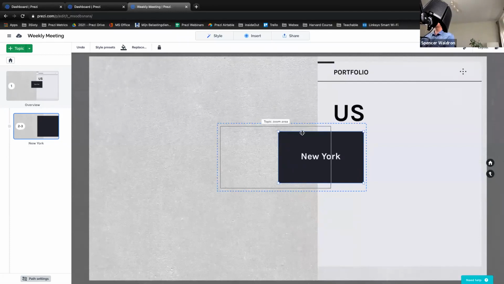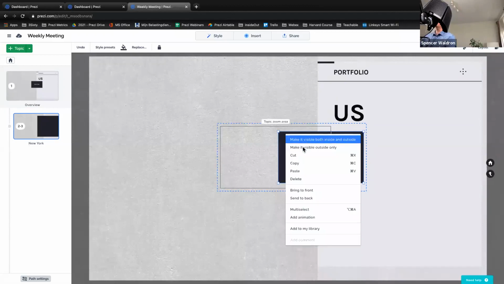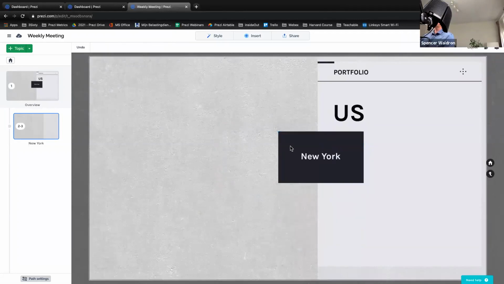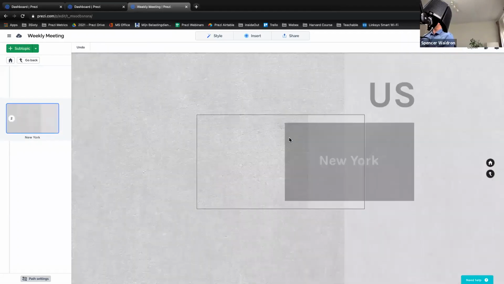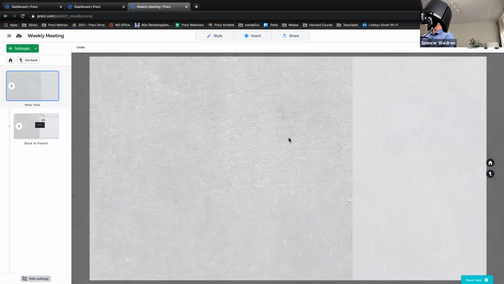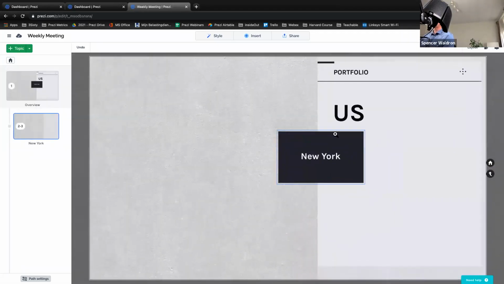But if I select my main kind of like thumbnail image here, and I do the same thing with Control right click, you see that I can make it visible both inside and outside. So what I want it to be is visible outside only. So then when I click out of there and I click back in here, it's now not showing. So this already starts to hint at what we can do,